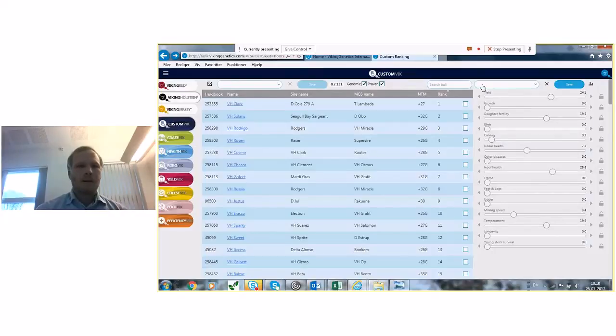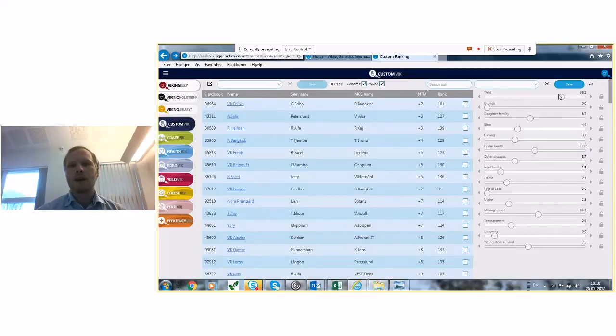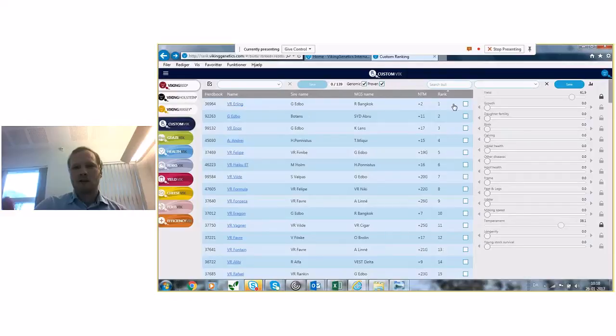And for example, just to go extreme, I'll take an example from the Reds. You can always press on these top ones so you can see the lowest NTM bulls right now. He's 101 in the rank, like it looks like right now. But if I do like this, a lot of focus on production, lock this one, and a lot on temperament. That's the only 2 things I'm interested in. And lock this. You can see if I press on the rank, the top bull for this strategy would be Erling, which just has 2 in NTM,